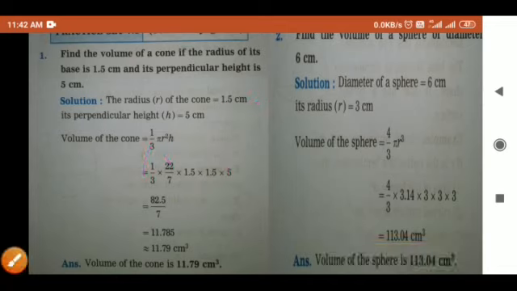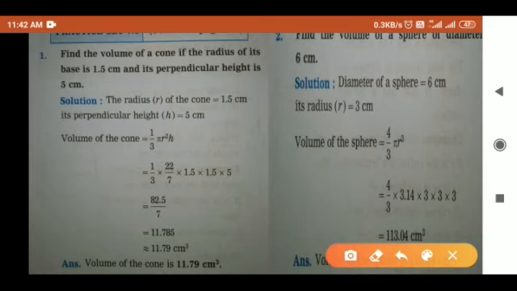So now we only have to calculate these. So after calculation we will get the answer. On calculating, we will get 82.5 upon 7, and this is equal to 11.78. And always keep the habit, while writing the final answer we will write up to 2 digits of the decimal. So it is 11.79.